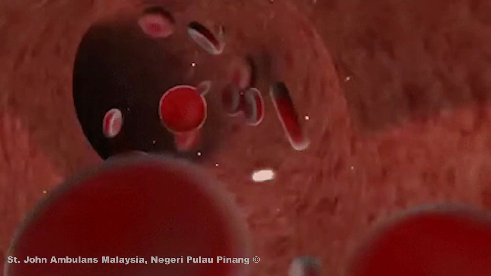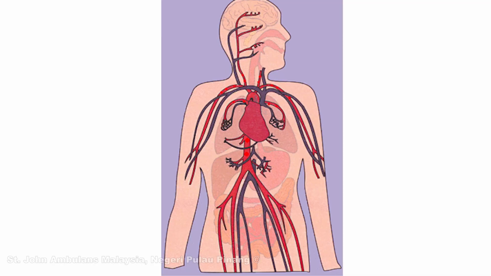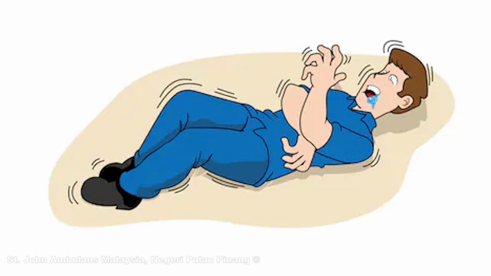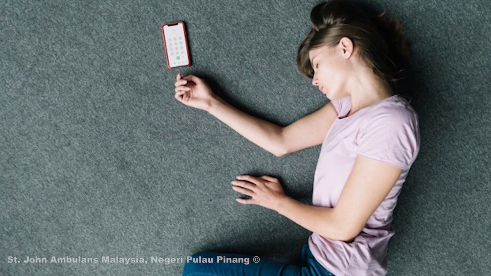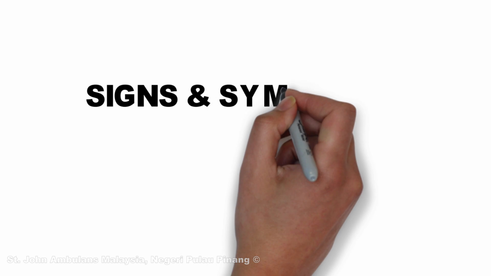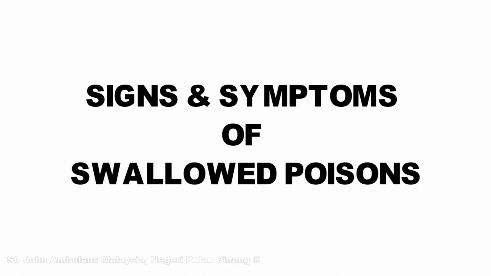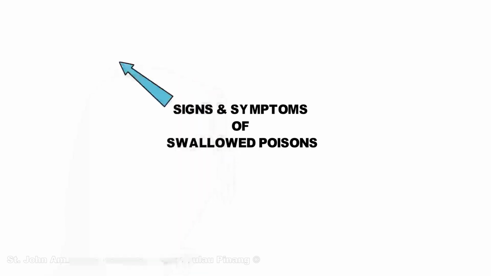This poison can travel through our bloodstream to our body, even going into vital organs like our brain. If poison enters our brain, this will cause more serious injuries, which can lead to seizure and can also become cardiac arrest. A person who swallows poison may experience these symptoms: vomiting, or sometimes you may see blood stains in the vomitus,